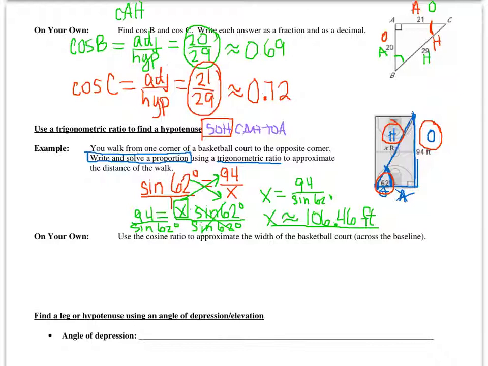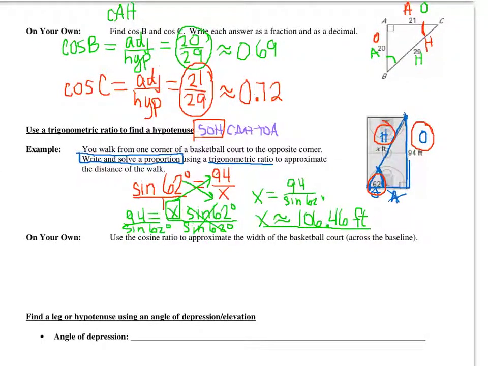The next problem says use the cosine ratio, it's telling me right there, cosine ratio, to approximate the width of the basketball court, and so that means across the baseline. So I'm going to calculate the width of the basketball court. I'm going to find this length right here. And it says use the cosine ratio. So cosine,